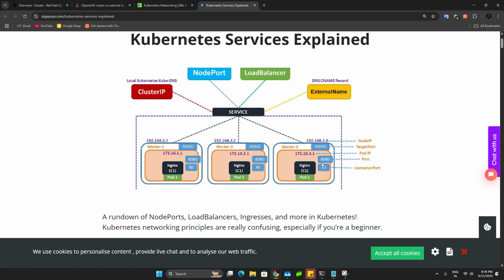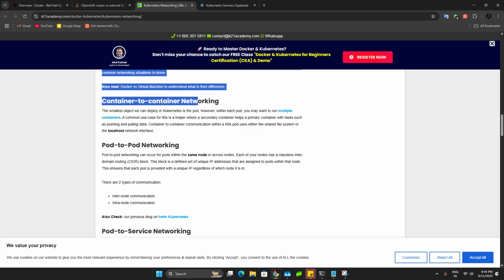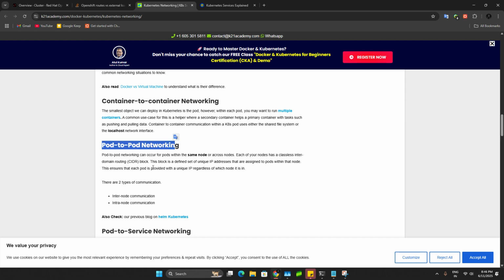This is the minimum concept. Container to container communication, IP address required. Pod to pod communication, IP address required. Pod to another node: four pods are there, four worker nodes are there. One pod wants to communicate with a pod in the fourth worker node. It should require an IP address, right? By default it will allow communication inside the cluster. There is no restriction for the IP address unless we restrict with network policies or isolate the namespaces. Those concepts we will see after some time.